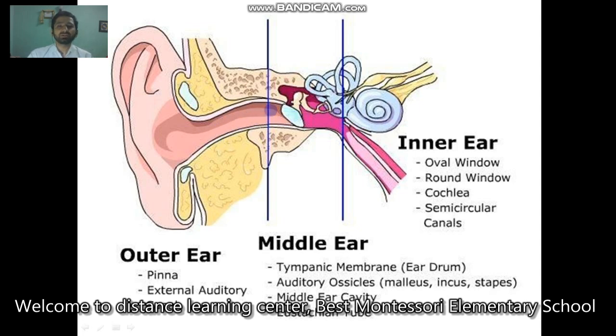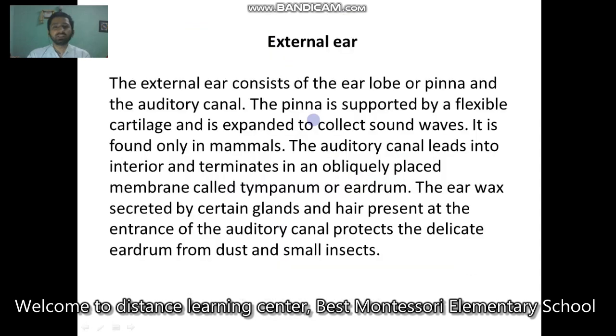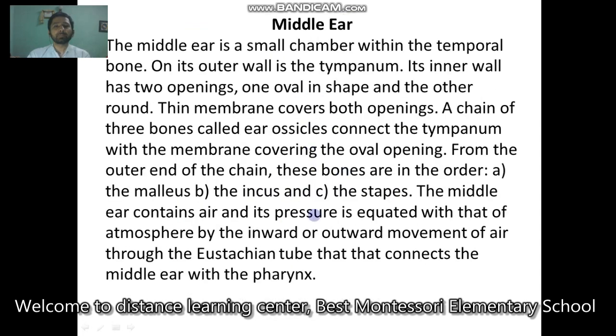Now, moving on to the middle ear, there is the tympanic membrane. Then the auditory ossicles, that is, the ear ossicles, which consist of three bones: malleus, incus, and stapes, and they are all present inside the middle ear cavity. This middle ear cavity also contains air. Now, that air is responsible